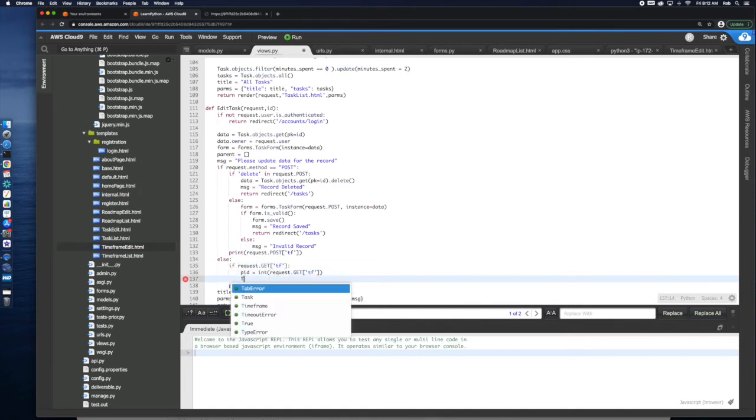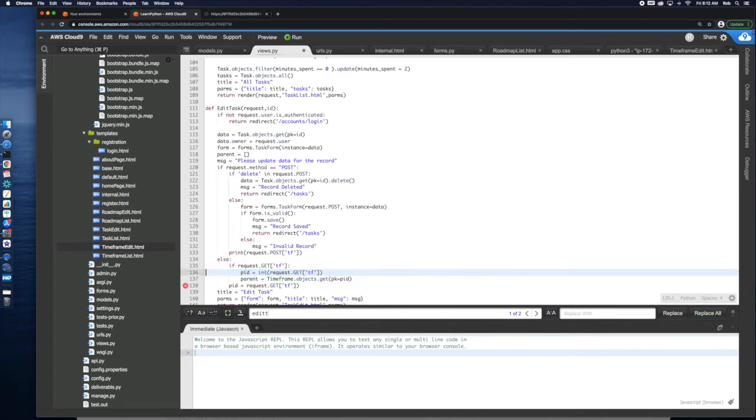And then parent is going to be equal to time frame.objects.get, primary key equals the PID. We're going to do the same thing here for post.